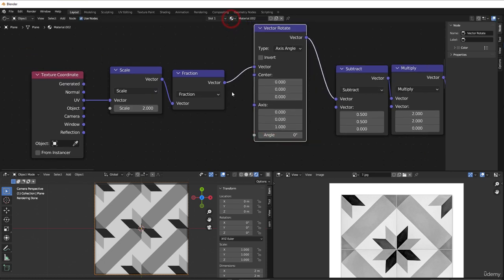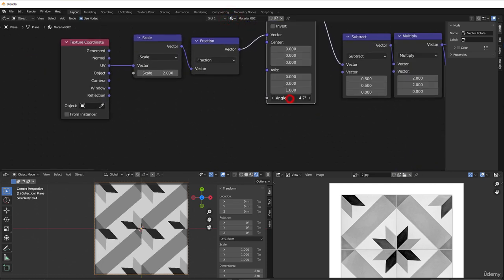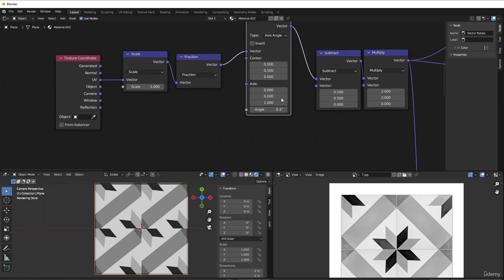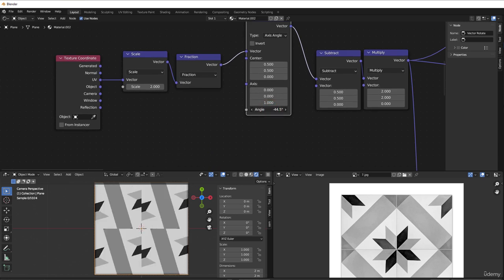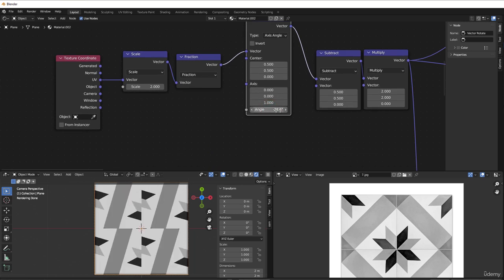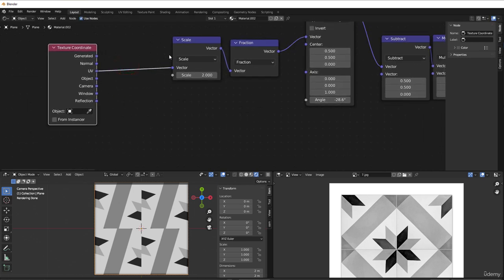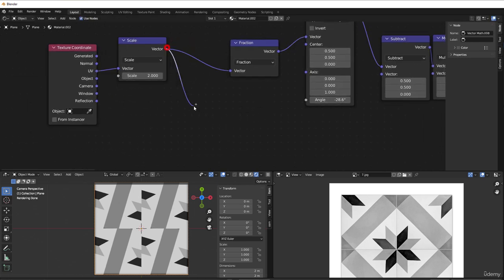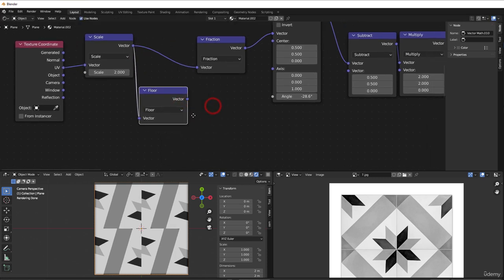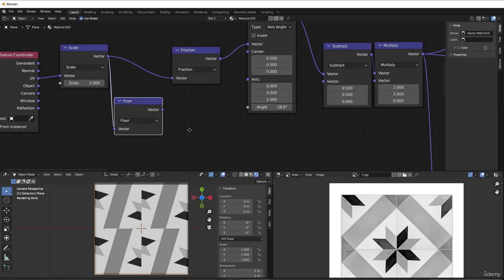So put that in, and we need to change this here, but we need to change it in the center. So we change this to 0.5 and 0.5 for the vector rotate. So now when we're rotating, it will rotate in the center. That is really good. Now we need some type of converter here, and we can do that by adding a floor here, like that. And we need to increase it, so we can separate X and Y, Z, and then